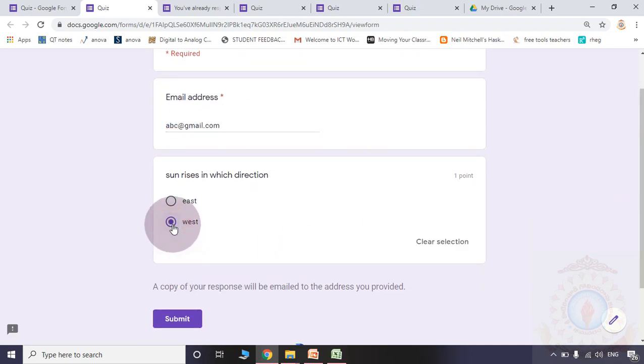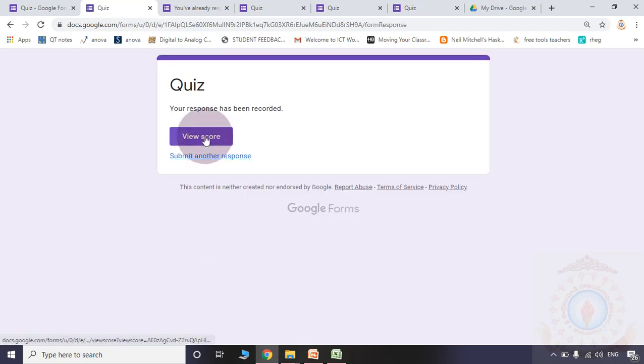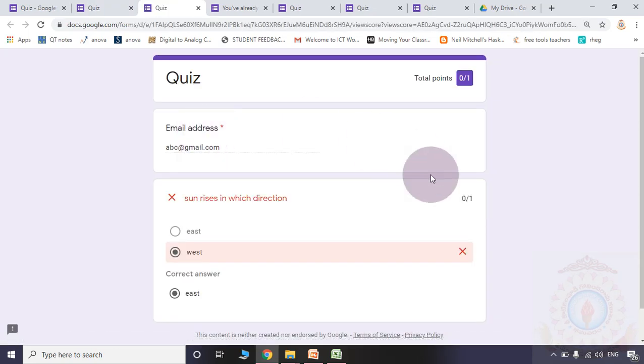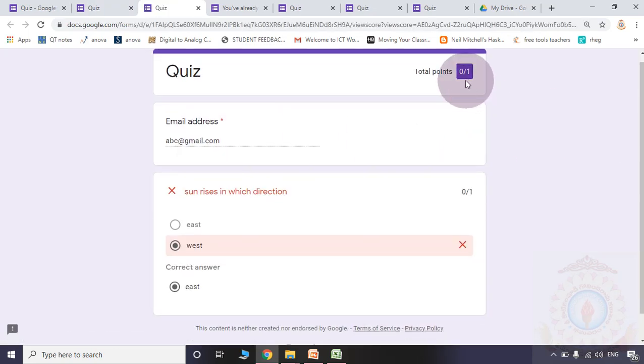I am purposefully giving the answer West. I am submitting the form. The view score option is there. Here I am getting 0 points out of 1, because it gives a comment: your option is West, that is wrong. So you got 0 marks out of 1. The correct answer is East. In this way, after answering the quiz, the student will be able to identify the correct answer, their mistakes, and the total points they earned.